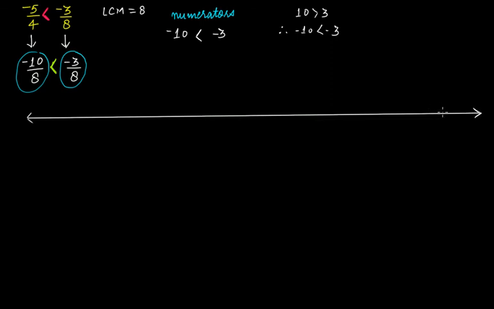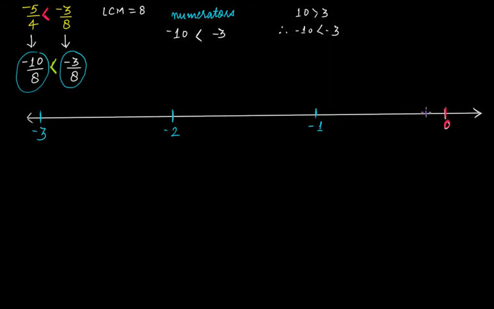Therefore, let's start our number 0 from here so that we can have a better understanding, magnified, of each unit. So let's say our minus 1 comes here. Here to the right will be the positive integers, and minus 2 comes here, and minus 3 comes here. Now this 8 means what? Each unit has to be divided into 8 equal parts. So if you have to divide into 8 equal parts, take 7